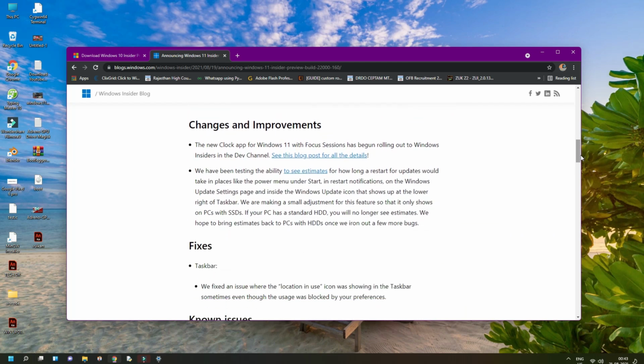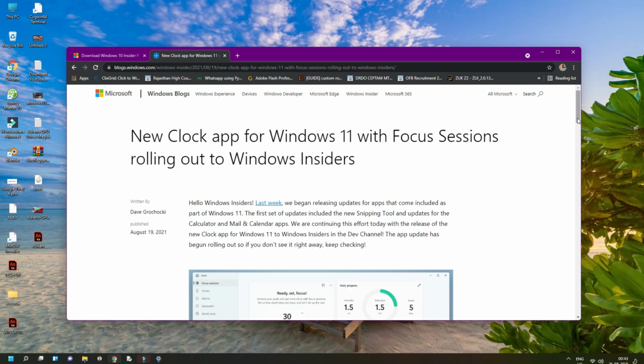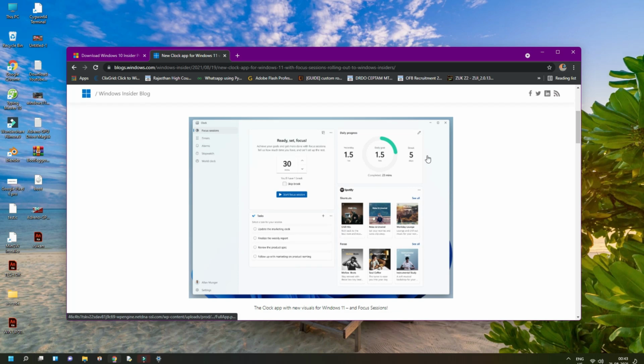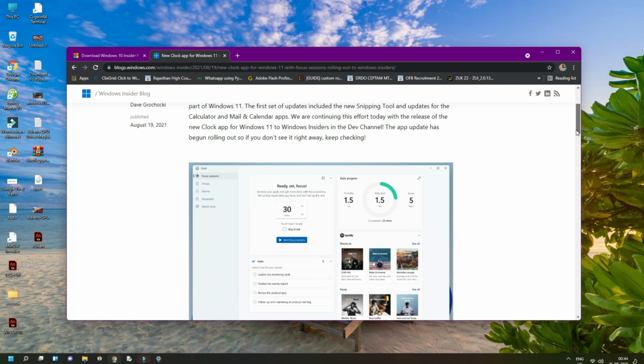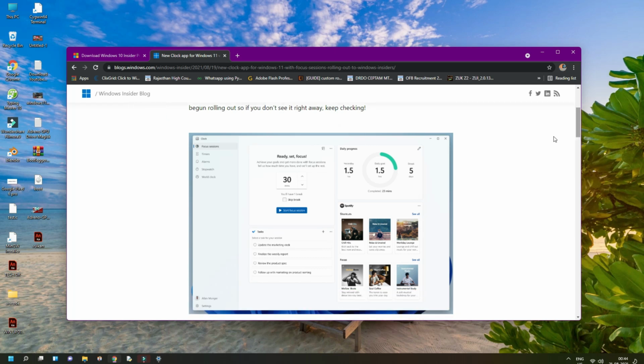You can see this new clock available in this build, but you may not find it easily, because it is being rolled out, and it might take some time for you to see this clock in your system.